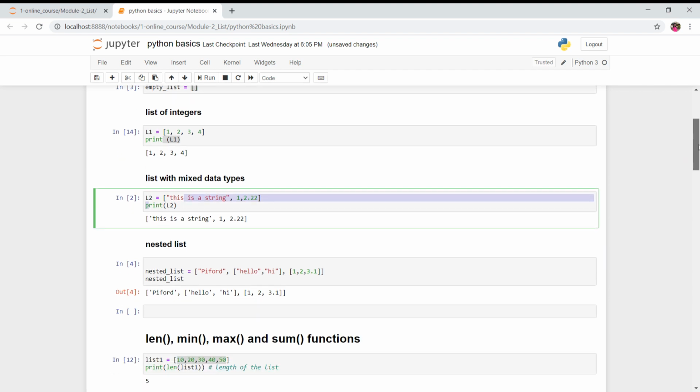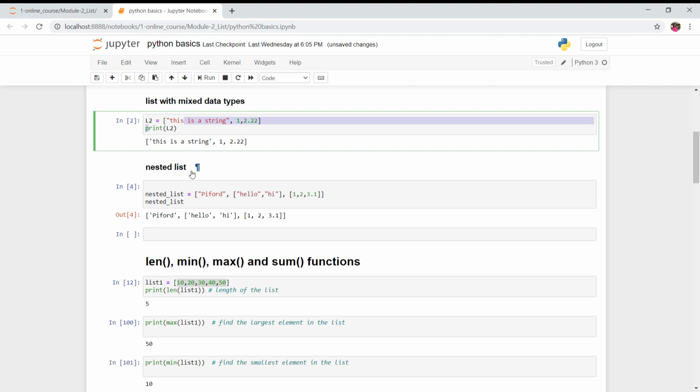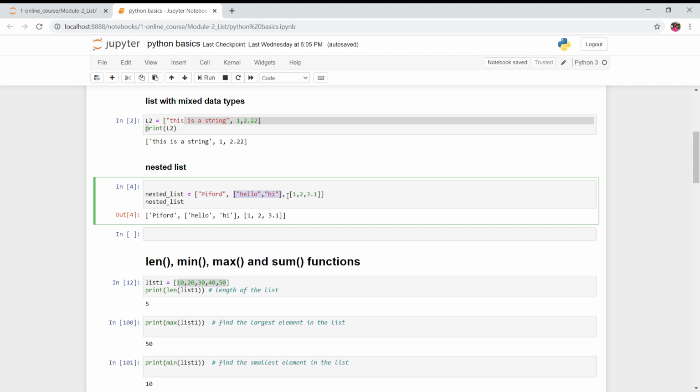The next thing is a nested list. Nested means inside a list you are going to have another list. You can see over here, this is our outermost list. This starts here and ends here. In that list we have one element, and after that element we have one list, and another list. Inside this list we have two other lists. So you can have nested lists in Python.